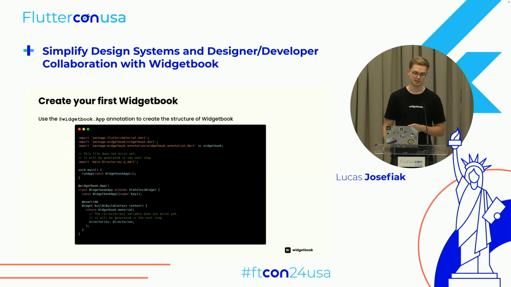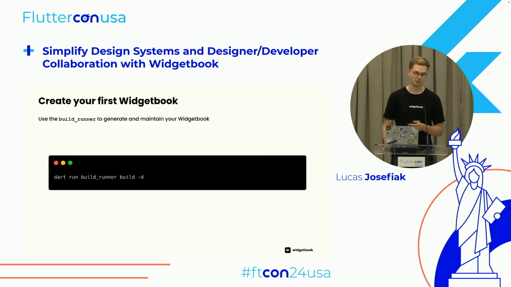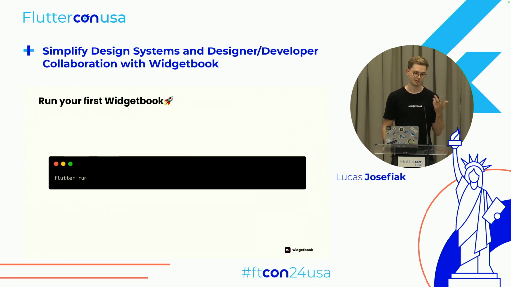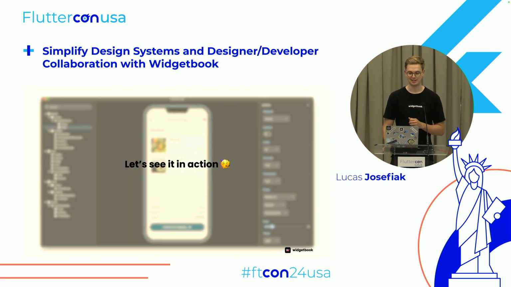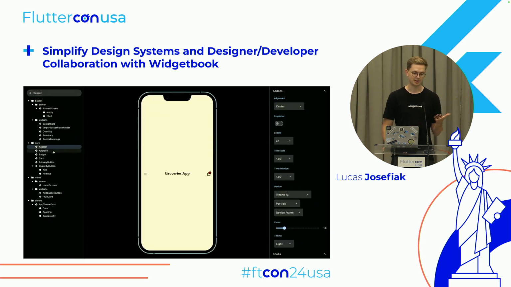And that's it. Afterwards, you just use the build runner to initially create your Widgetbook, and later on we're going to use the build runner to always maintain the Widgetbook automatically for you. And then it's already time to run all of our favorite Flutter commands, flutter run, and afterwards we can see it in action. And what you can then see is you get an overview on the left side of all of the different widgets that you're using in your app,